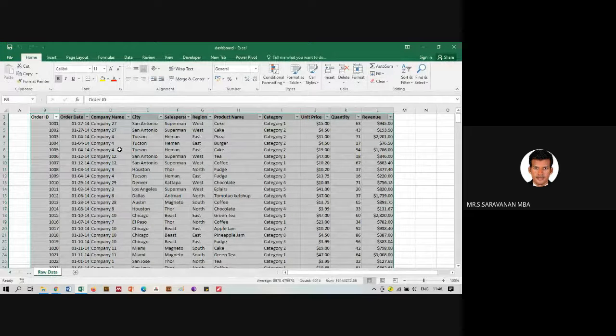So we have raw data here. Through this method, we are going to see two things: first, how to create a dashboard, and second, how to use a pivot table. A pivot table is one way of consolidating all the information into a simple table format. So this is the raw data.